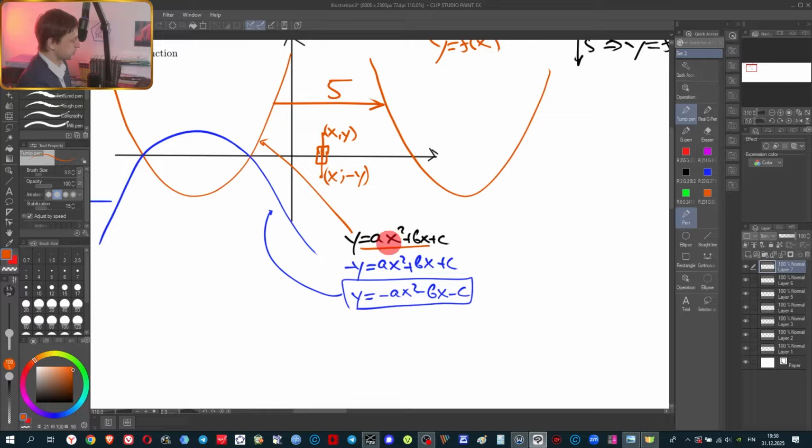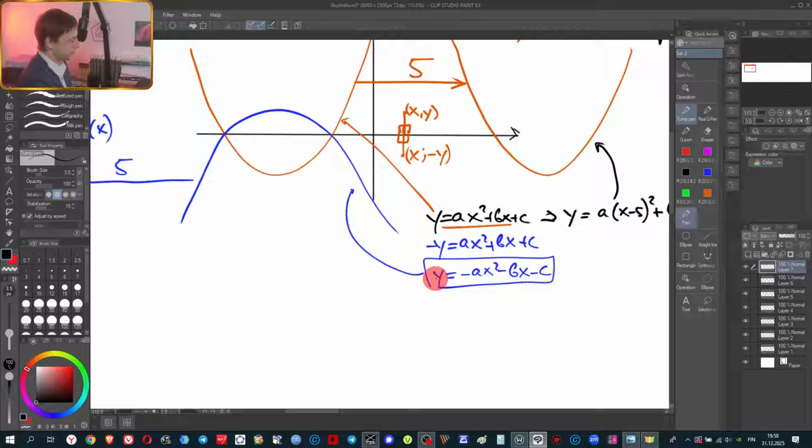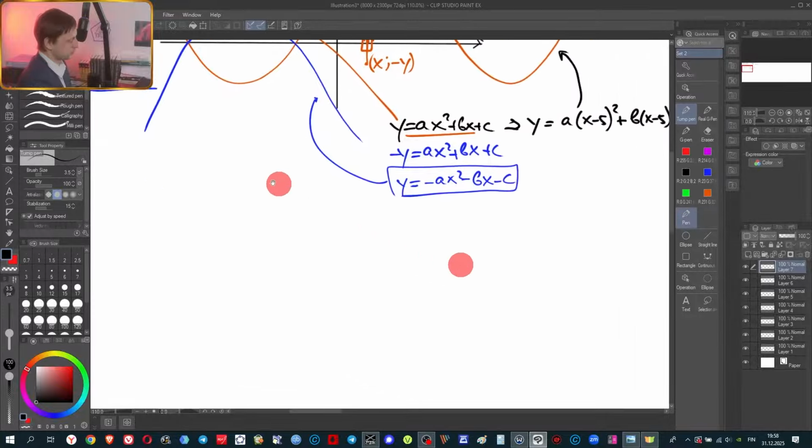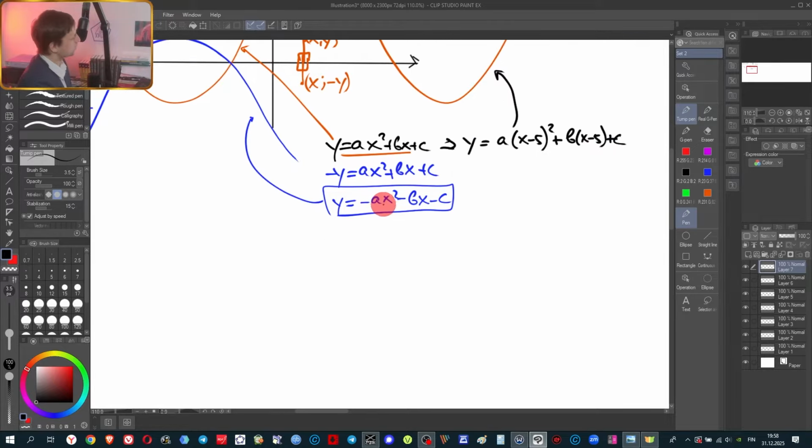Obviously we need to substitute x minus 5 instead of x to get an equation that describes this one. So here y equals a, instead of x we substitute (x minus 5) squared, plus b(x minus 5), plus c. Okay, so it is an equation for this parabola. This one is translated 5 units to the left, and in order to get an equation that describes this graph, instead of x, we substitute x plus 5. So we will have an equation y equals minus a(x plus 5) squared